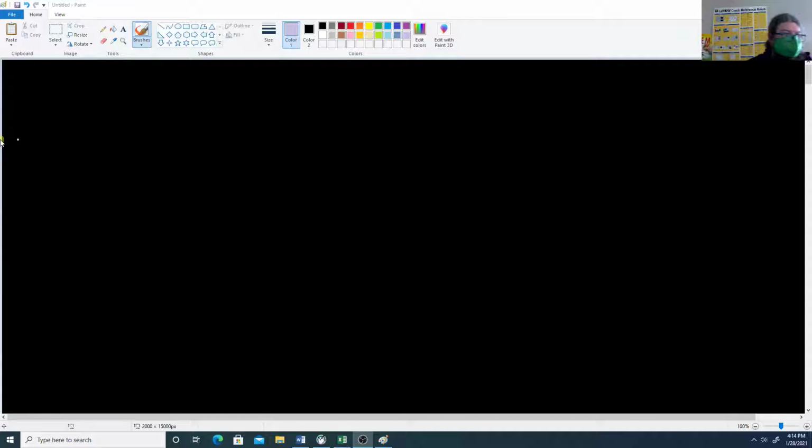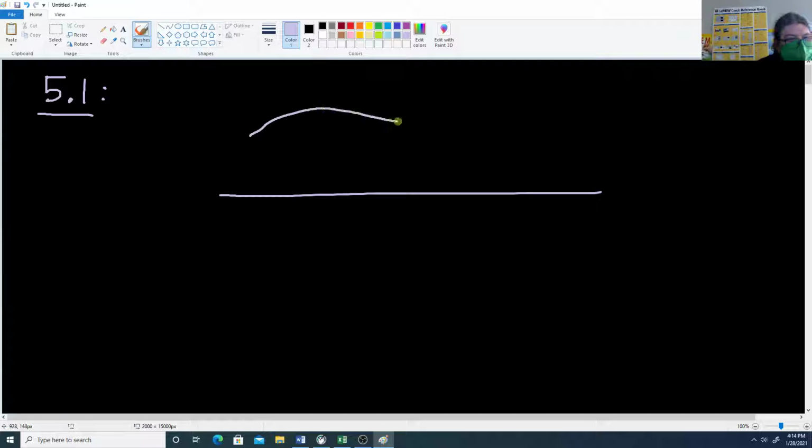Okay, we're going to start out in section 5.1. We're going to be approximating areas under curves by a couple different methods. So if we have, say, a random curve like this, first what we're going to look at is something called the right endpoint approximation. So what that'll do is basically we'll say we want to approximate starting at A and